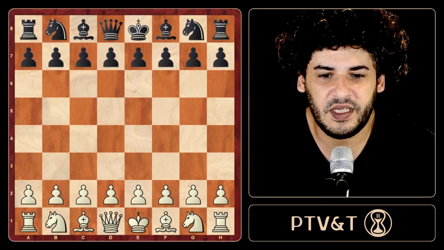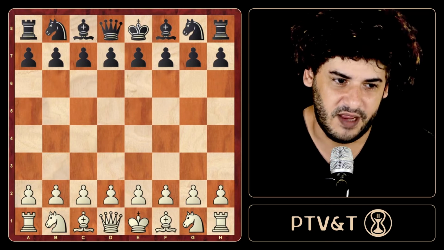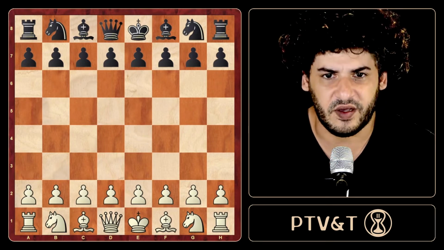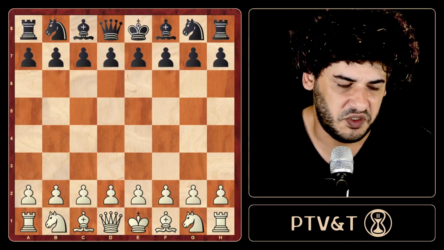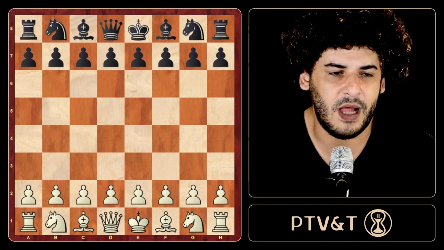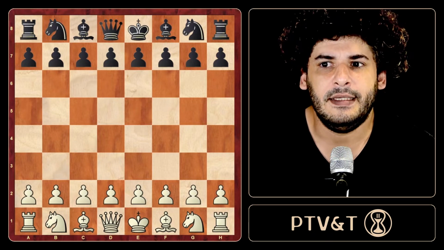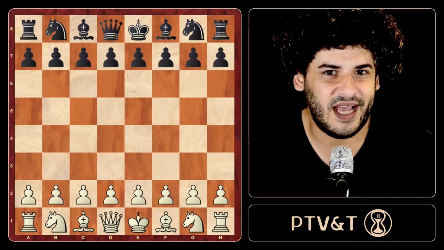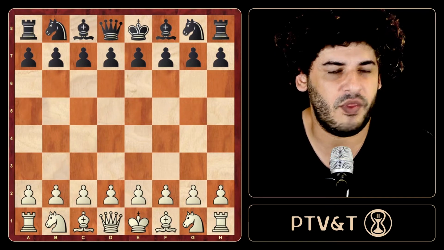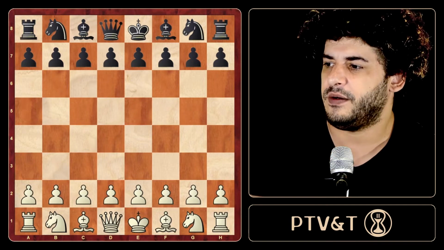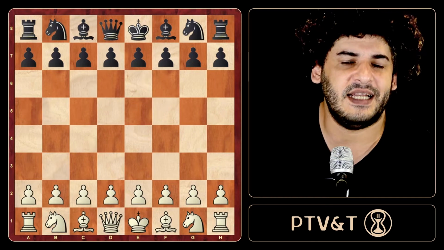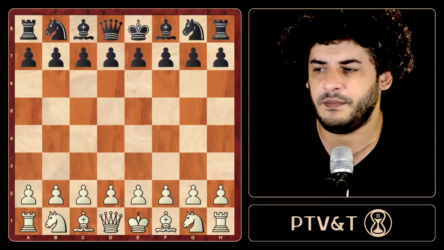So today we're going to see a subject that I wanted to check from some months ago, which is the bayonet attack. So what is that, the bayonet attack? Well, it's quite known, and normally it will happen out of a King's Indian. So white plays short castles, and black tries to throw every pawn they have, like F, G, and H pawns, on their face. So I'm gonna show you an entire game that I played with the white pieces,